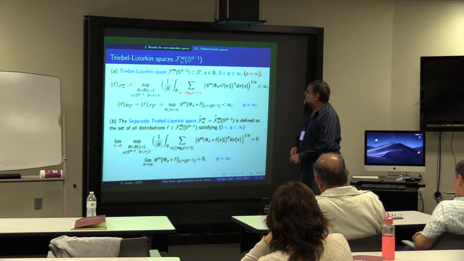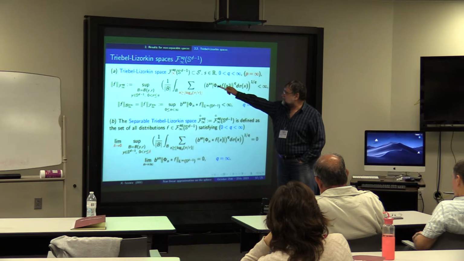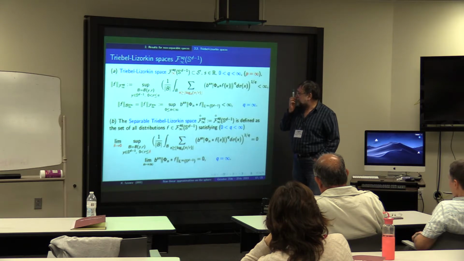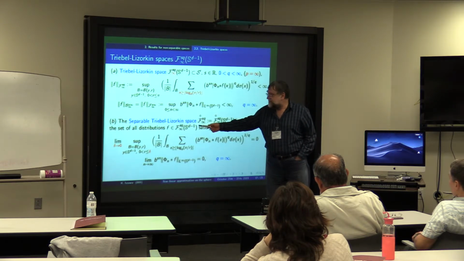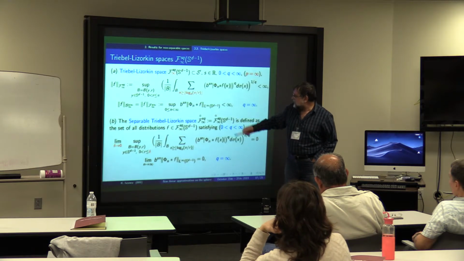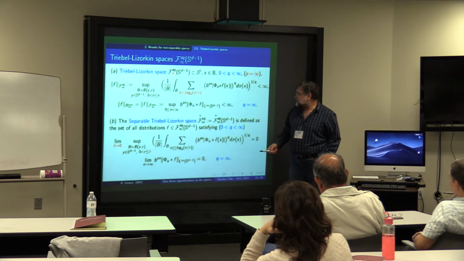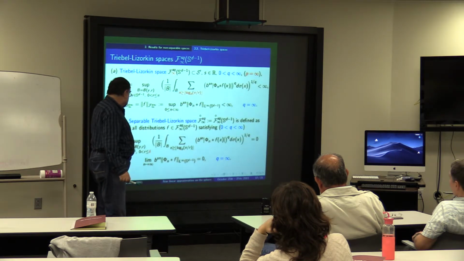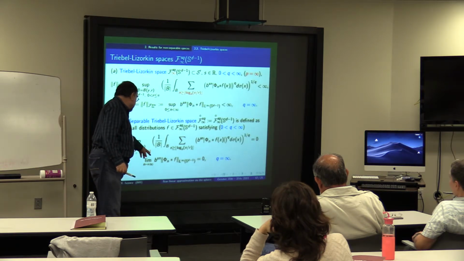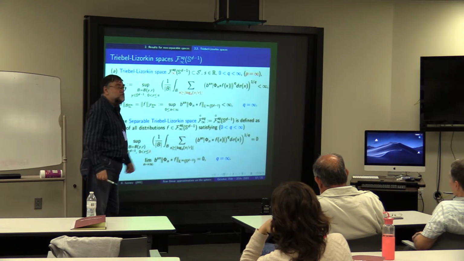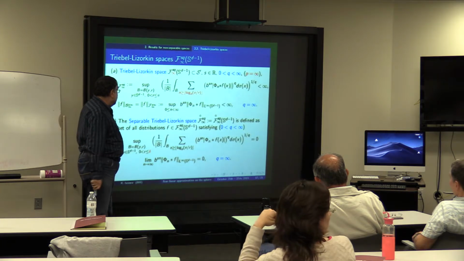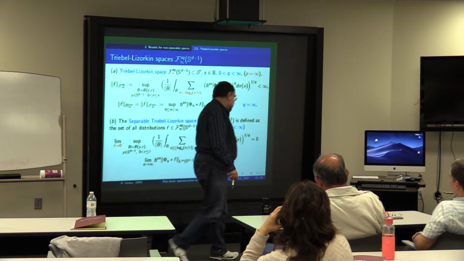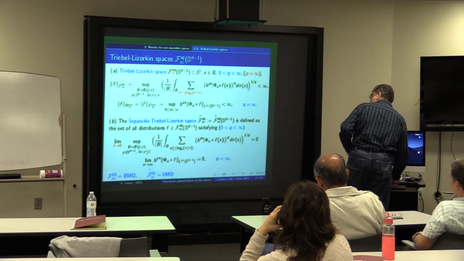Now, the Besov triple Kozlowski spaces, these are non-separable spaces. It will be written somewhere after that. And we will need separable triple Kozlowski spaces. I have put 0 at the top of the F here. In addition, we would like to have, similarly to the VMO, the limit for delta going to 0 of this expression, where the radius is bounded from above by delta, also going to 0. So in this way, we have separable triple Kozlowski spaces. About the name separable, on the next slide, I guess, or in this one I have forgotten. Oh, here we go.